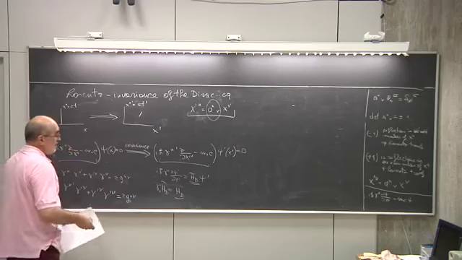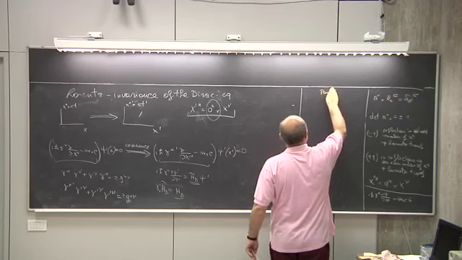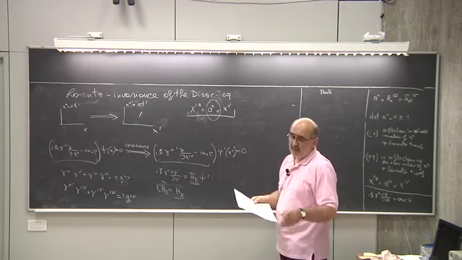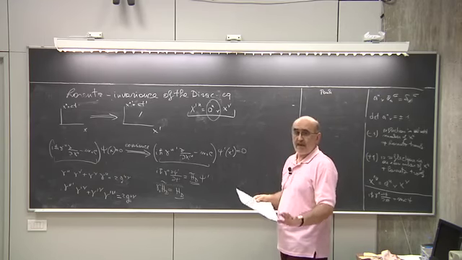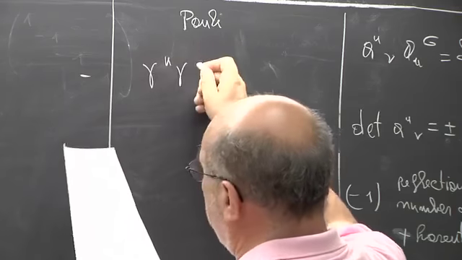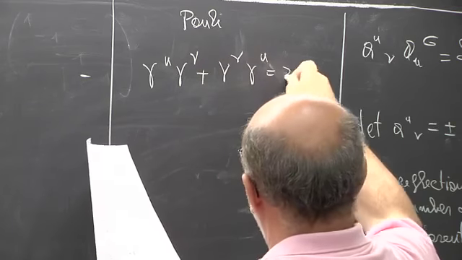Now, another important piece of information that we need is the following. There is a theorem due to Pauli that says the following. It is a theorem that is proved in the book as an exercise, but we will not do it. It's a very long exercise. If you have four matrices that satisfy this relation,